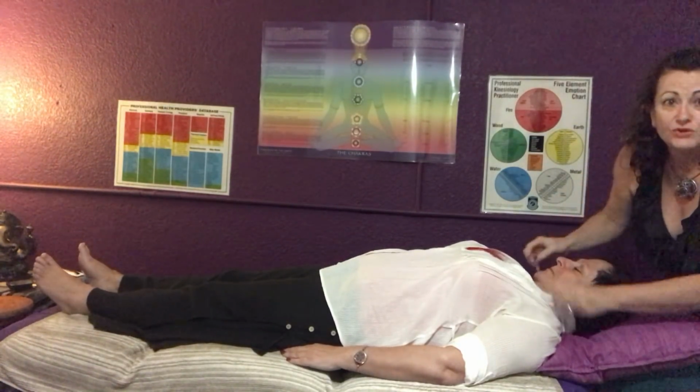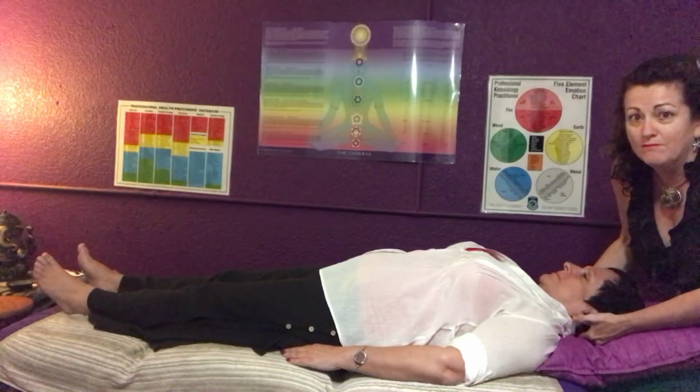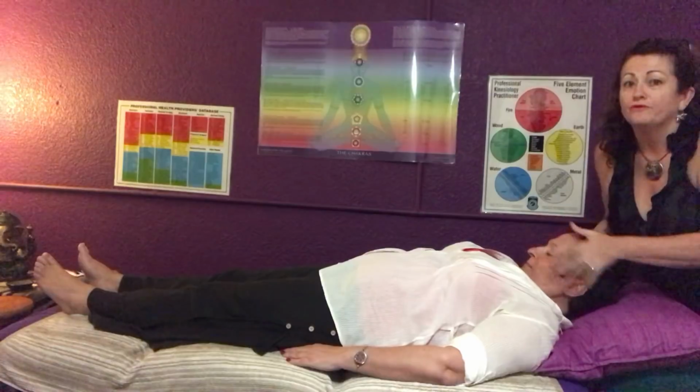One more time, breathe in, breathe out and lift. And that's just doing another little reset for the whole front of the neck. So once again, hold down, don't let me lift up, and head up, and don't let me push down. Beautiful. Now the next thing I'm going to ask is about a cranial injury complex and see whether or not